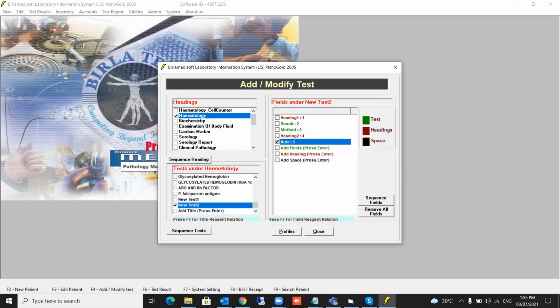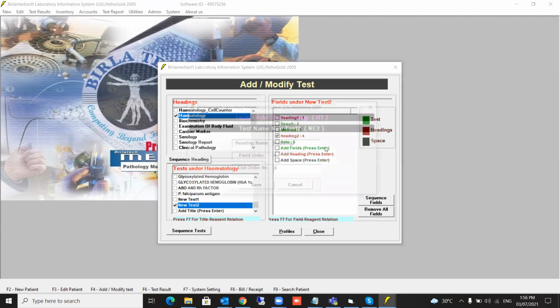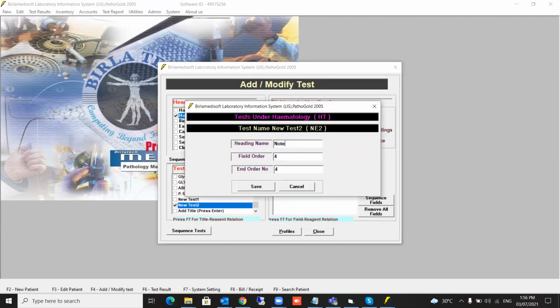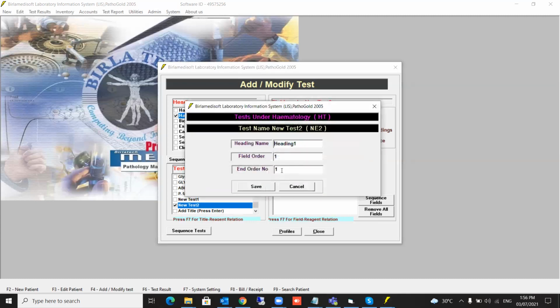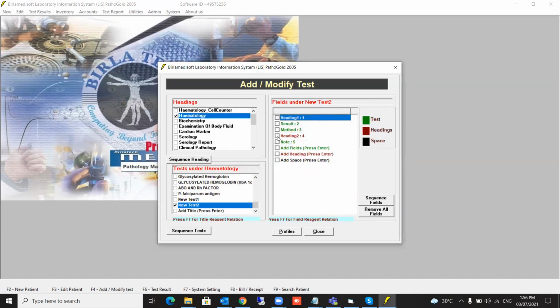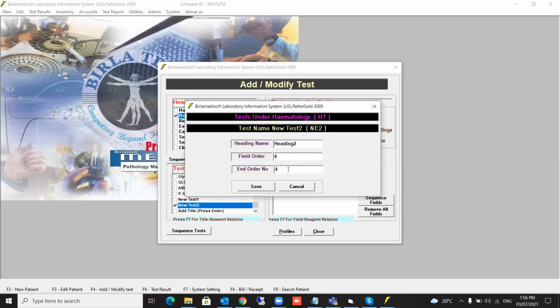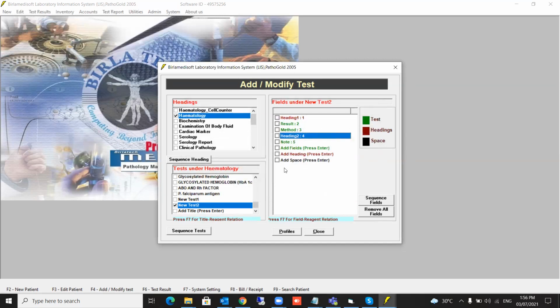If you want to write a heading under this, you can also define like this. Instead of heading 2, you can say note. Now how to change it? I told you how you have to do it. Now see, you have to say under heading 1, how many fields are there? There are up to 3. So you have to select this and say end order 3. From here, you have to select and say end order 5, 6, 7, like that. End order is 5 because under that there is a 5. Like this. I'll create another heading.